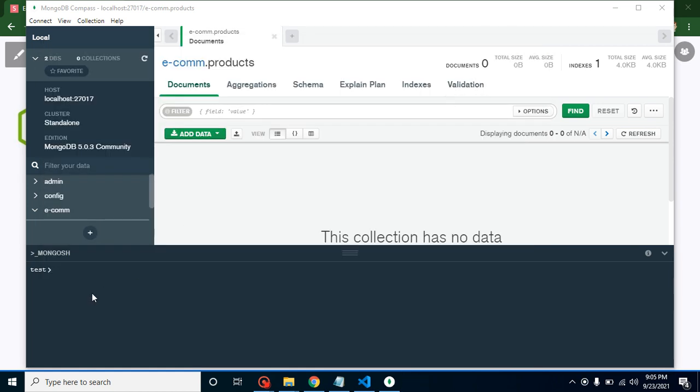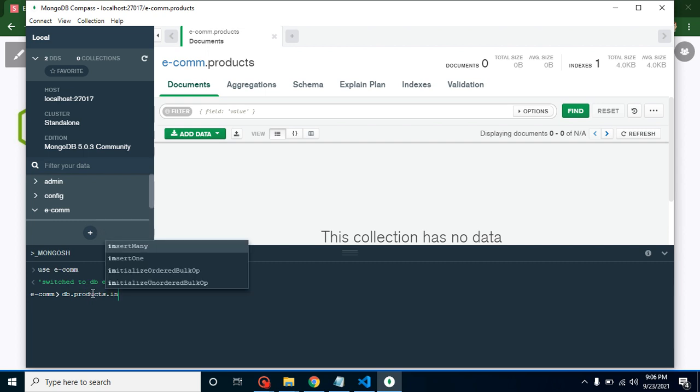This is a little bit easier, and it provides auto intelligence also. That's why I use the MongoDB Compass command line. First of all we have to jump onto the ecom database. After that simply put db.products.insertMany and insertOne. We can insert many documents also, but for the moment let's learn how we can insert one.